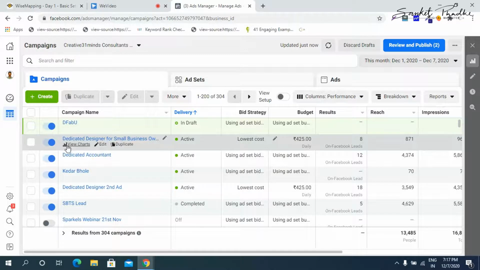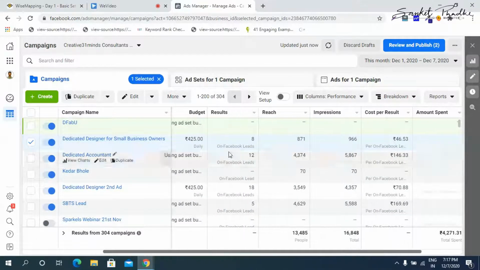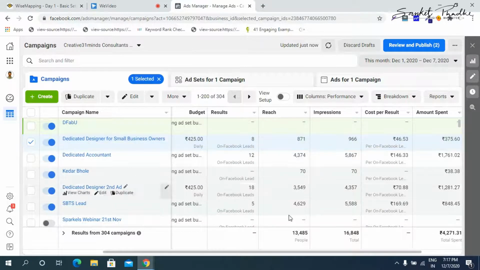So here, if you see, this is the ad which we created yesterday, dedicated designer for small business owners. If you see, this is still active. Okay, that means the ad is still running. And if you see, we have already generated 8 leads on this ad just within a day's time. Okay, I'll show you how to download these leads, but before that, I want to show you how to read